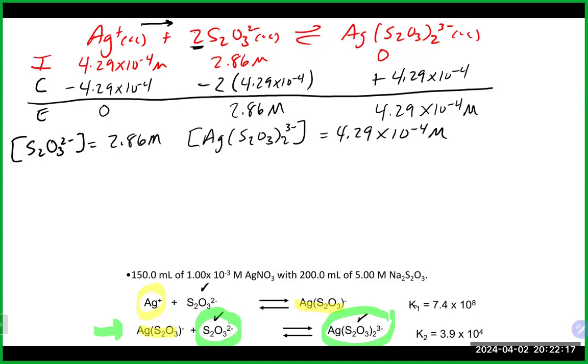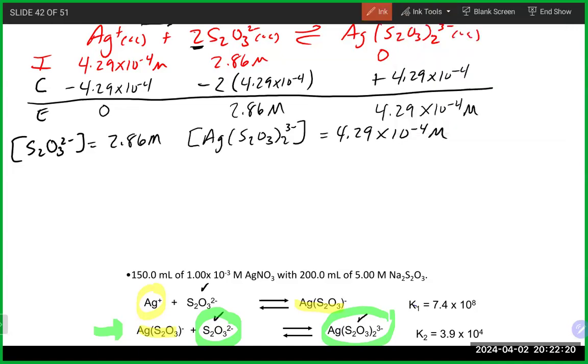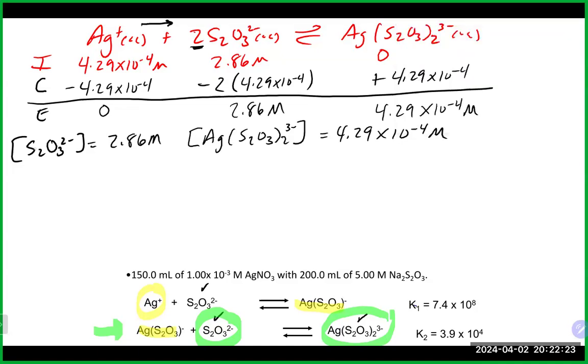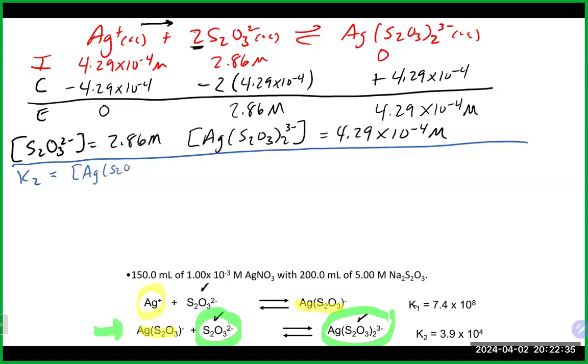So I'm going to use, in this case, because they gave it to me like that, so why not? I'm going to use the K2 here, which, by the way, if I write the expression for K2 is the silver complex ion here divided by this guy here, which is what we're looking for, and this guy here. And that equals the K2 value that was given to us there, which is 3.9 times 10